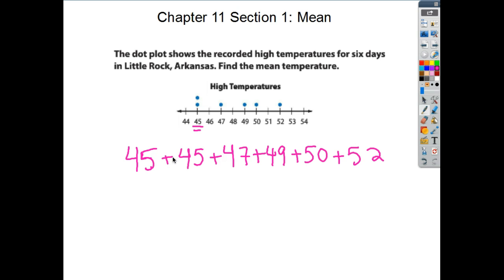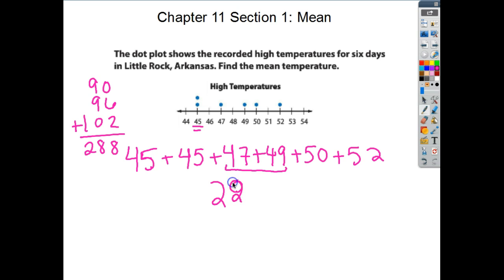Okay, so 45 plus 45 is 90. And 47 and 49 is going to be 96. And 50 and 52 is going to be 102. So I'm kind of breaking this up to add it a little bit more easily. That's going to be 288. Okay, 288. So my total